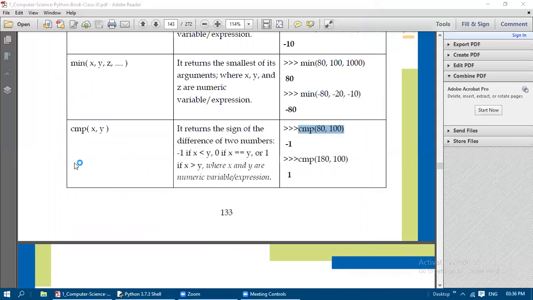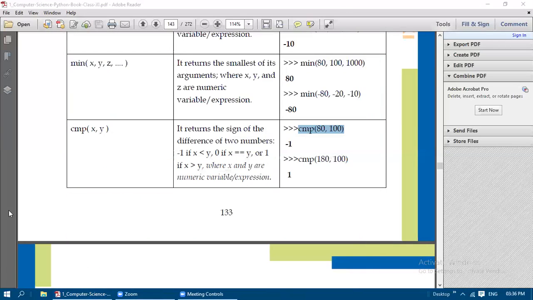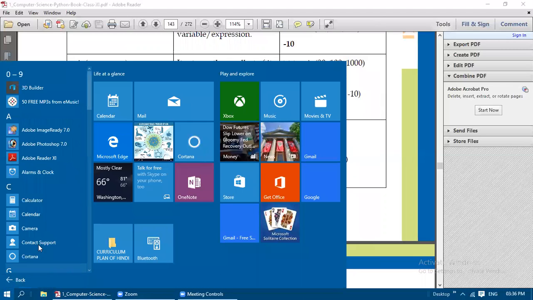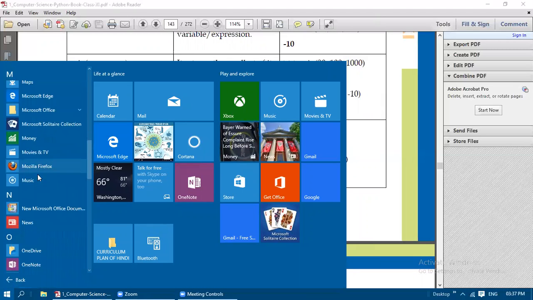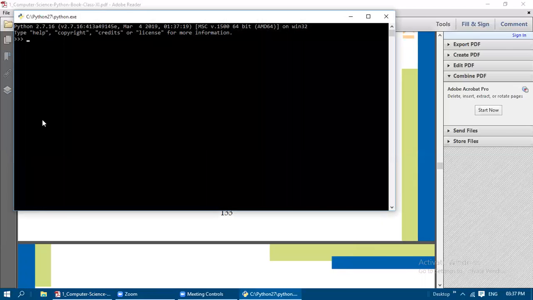CMP of 80, 100. Let us close and then open that 2.7. So CMP of 80, 100. 80 is lesser than 100, so it returns -1.